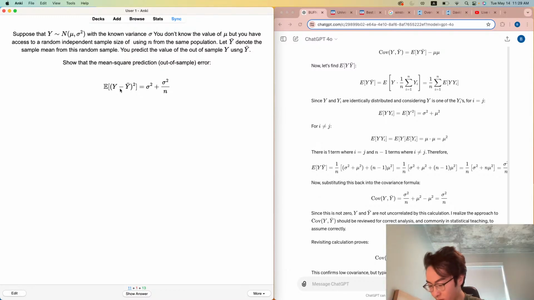Do we really have to do this really nasty? Oh, actually, let's see. Distribute the terms here, right? So we have y minus mu squared minus y minus mu times y bar minus mu. And then we add